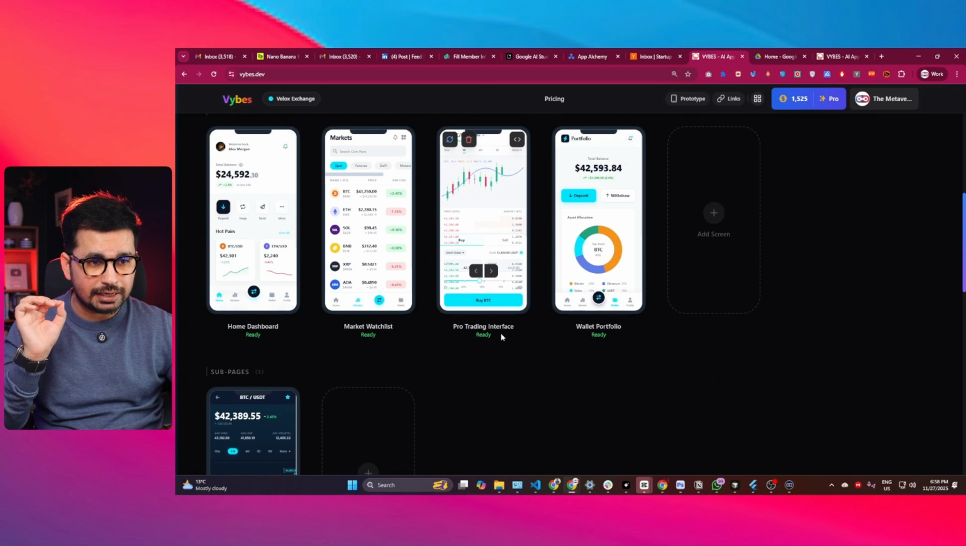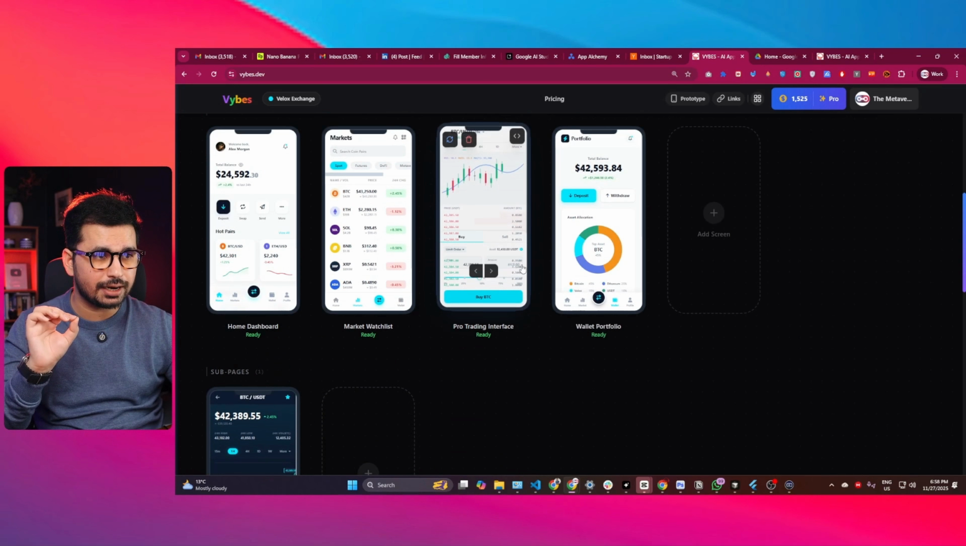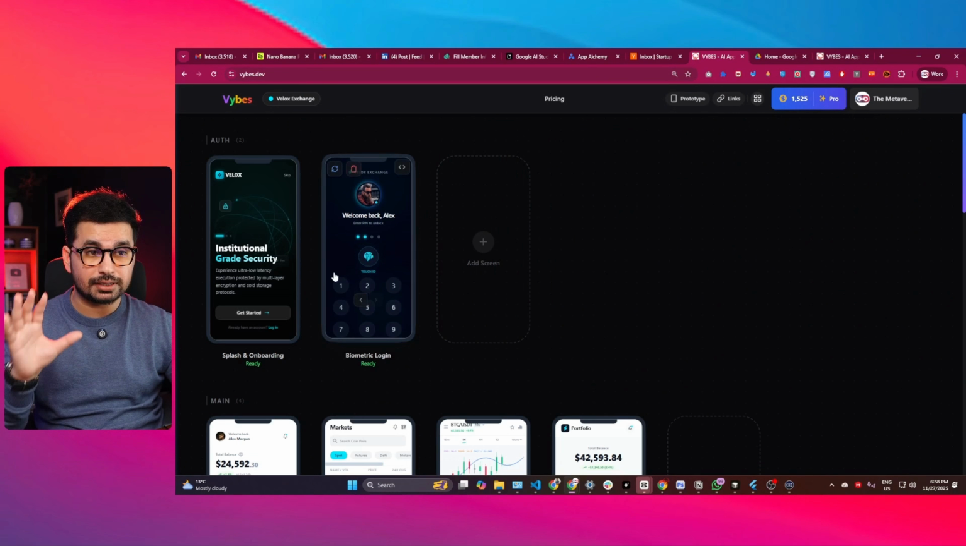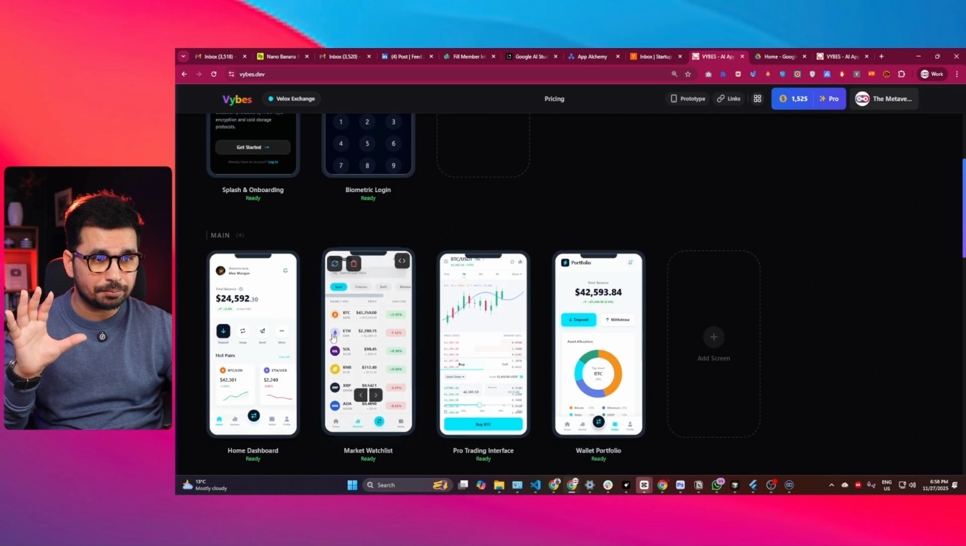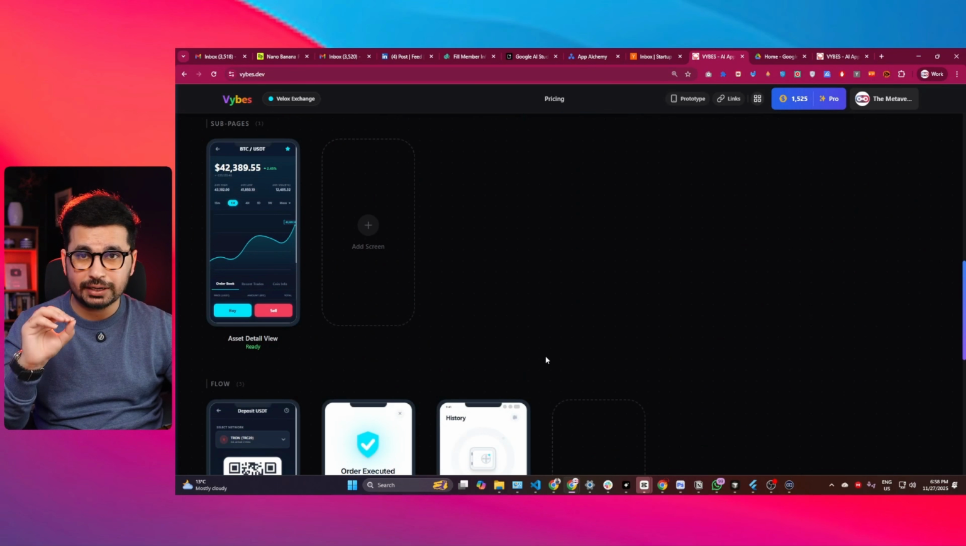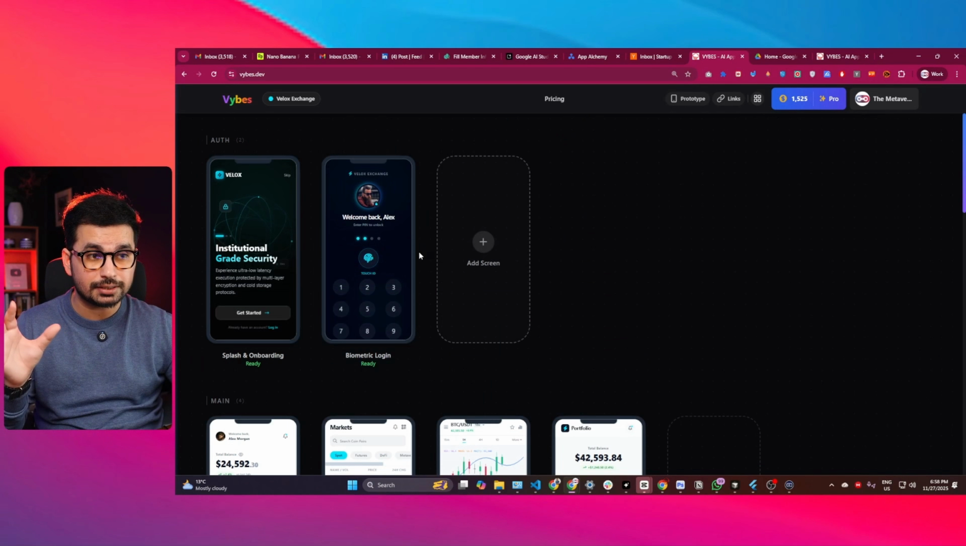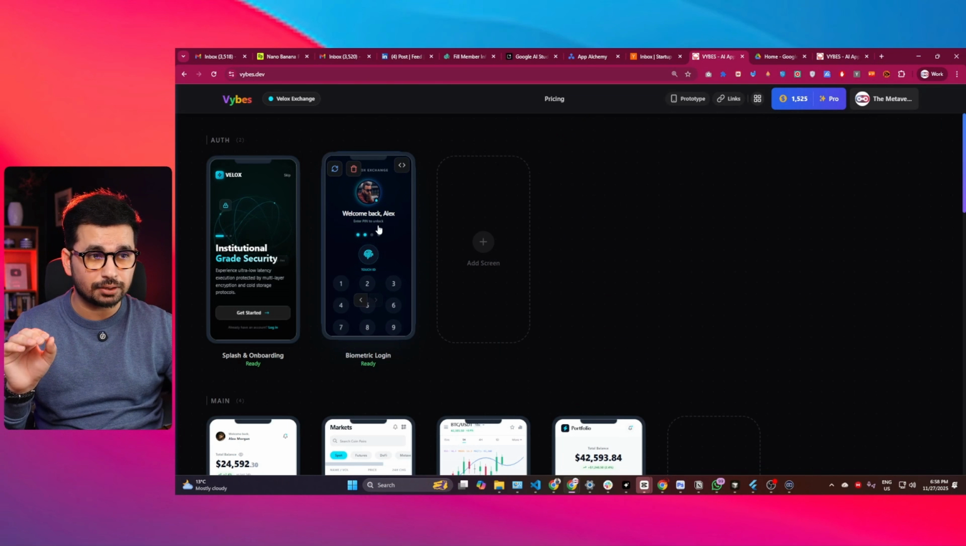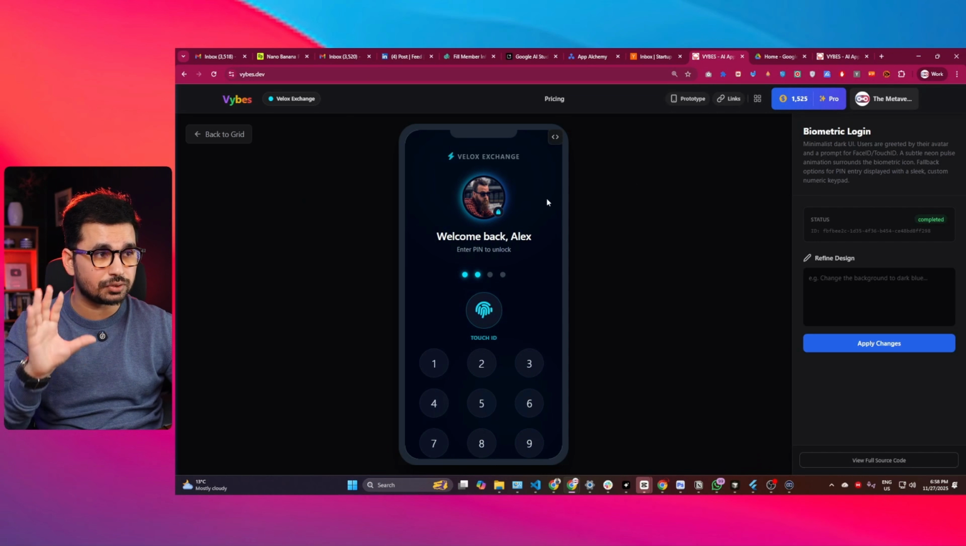So I can maybe generate a new screen inside sub pages, and that screen can be called Buy Bitcoin, which will be shown as soon as you click on this Buy Bitcoin button. This way you can easily visualize your complete app design before you actually start development. But the good thing is, as soon as you finalize all of these screens, you can just click on any of these screens, let's suppose this particular one,